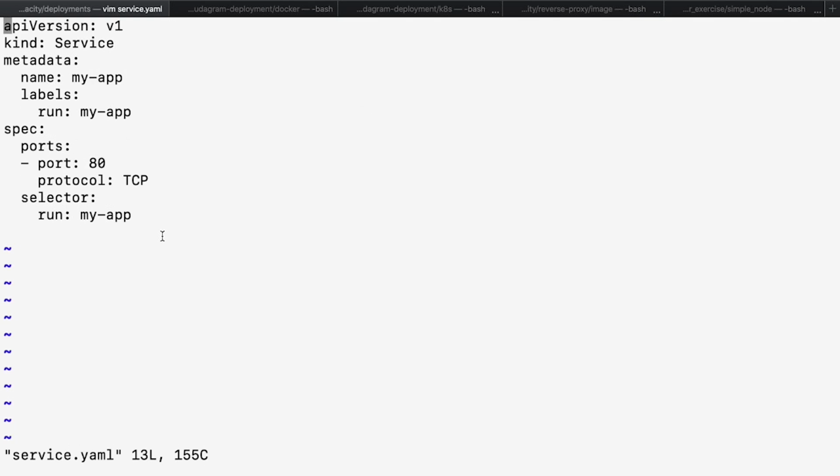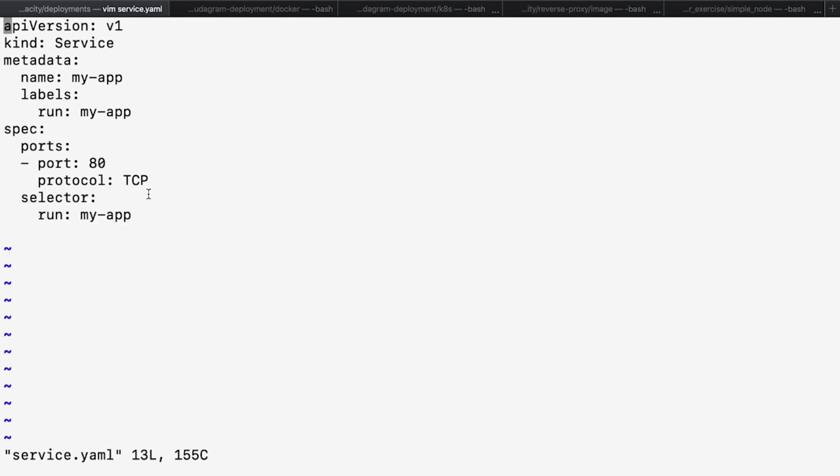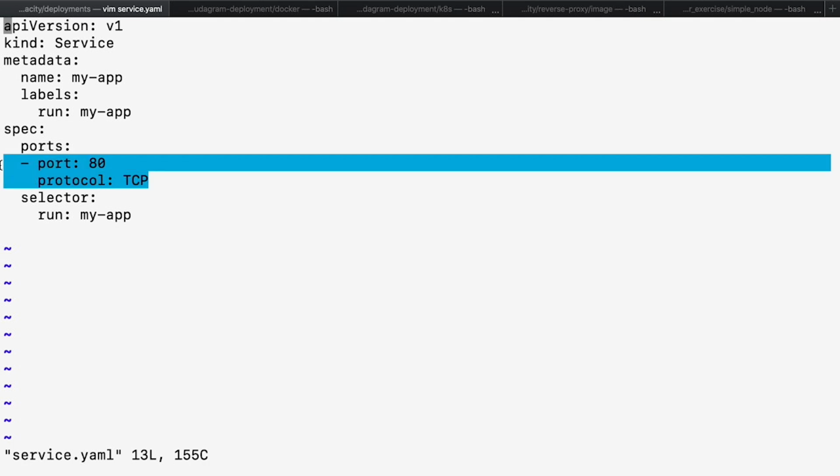Taking a look at our service YAML file, we can see that we have some configurations set up, such as the name of the service, and we have the pods that it would run against. And this is what binds our service to our deployment. And we've specified here that when we have this service abstracting the pods, we should have our service exposed over port 80 accepting inbound requests.